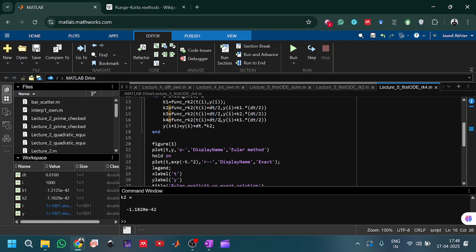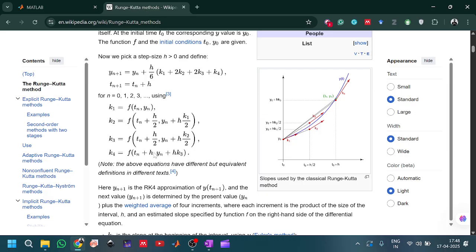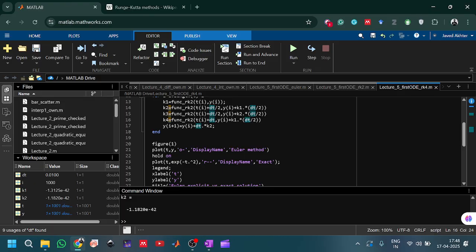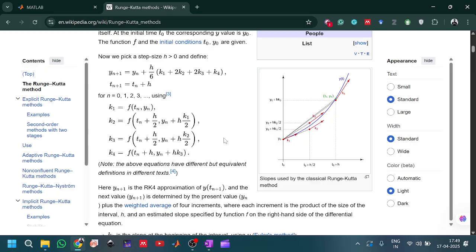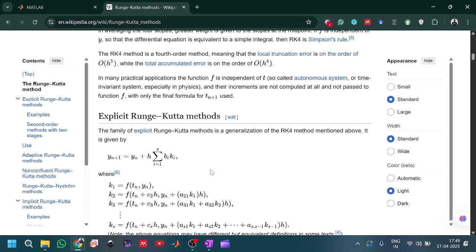So tn plus h means this should go away, and we have yn plus h into k3. So this is your yn, plus this is your a. Here you should have h, and here you should have k3. So you are done with k4. So using that k4, you can